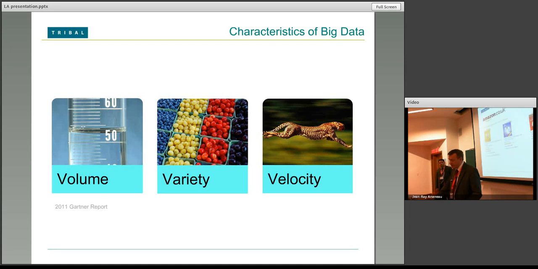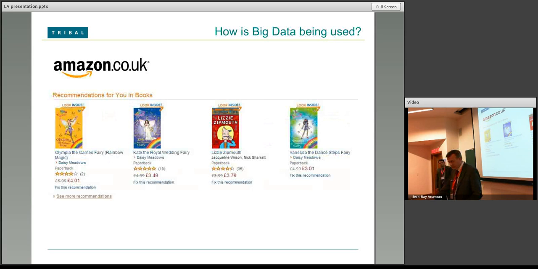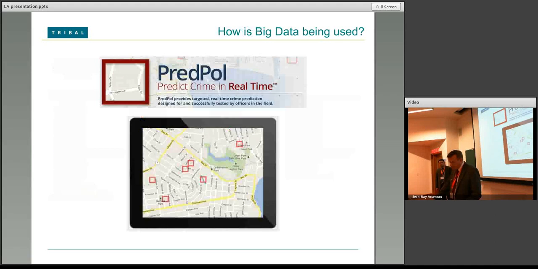So good examples of how data is used. Amazon.com, for example, based on previous purchases, would indicate and recommend other products that you might like. Another particular project, I don't know if you heard of Predictive, was allowing historical crime records and allowing the police to make predictions about where, what, and when crime may occur, which is another example of analyzing data.